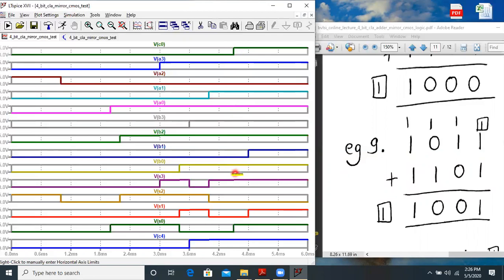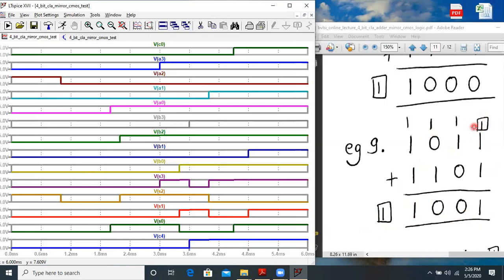Now let us check the sum bit over here. So S3 to S0 we have 1, 0, 0, 1, and C4 is also 1. So it is correctly written. C4 is 1, and sum S3 to S0 is 1 0 0 1. So that is also correctly written over here. Let us check the condition.